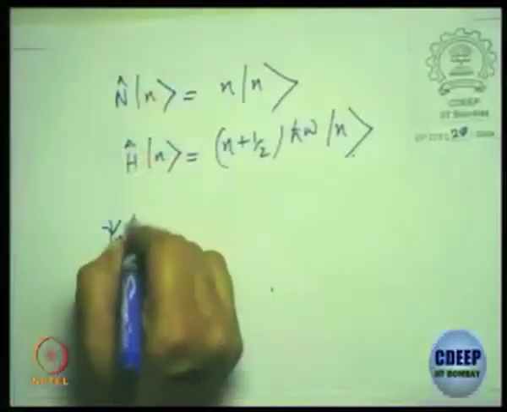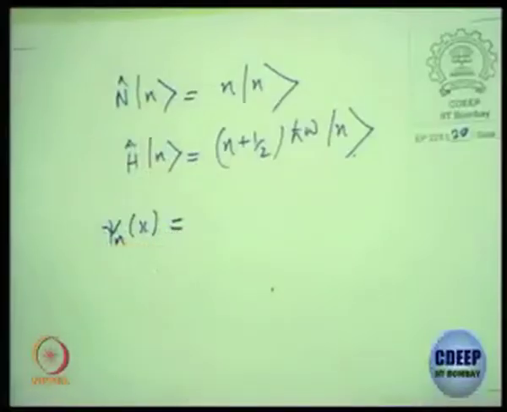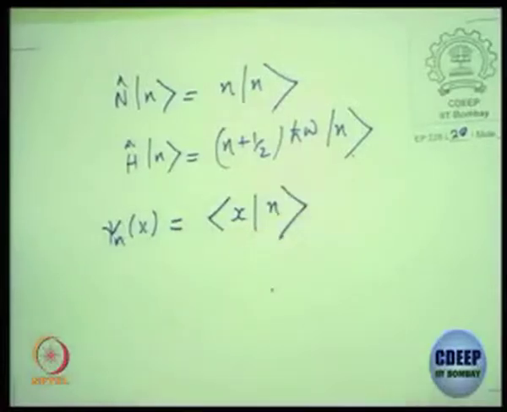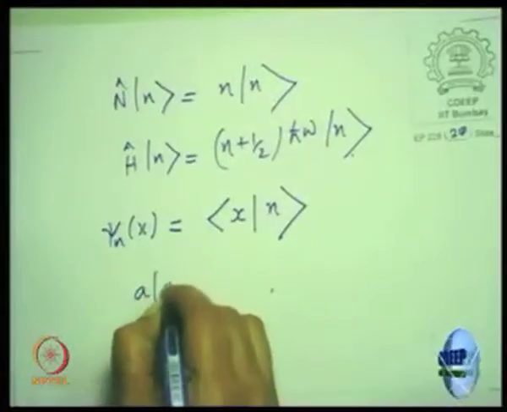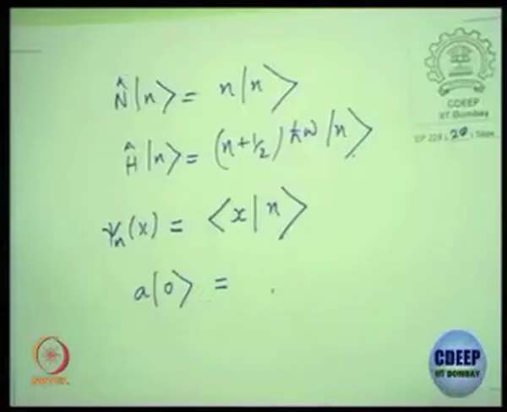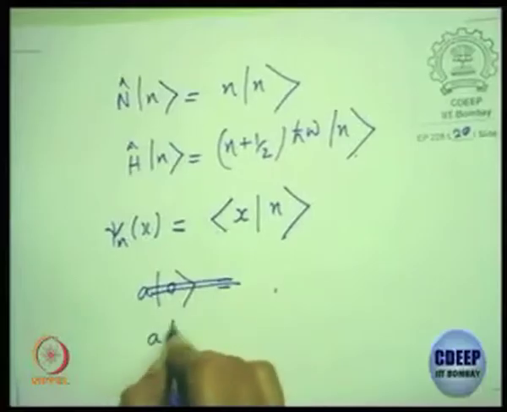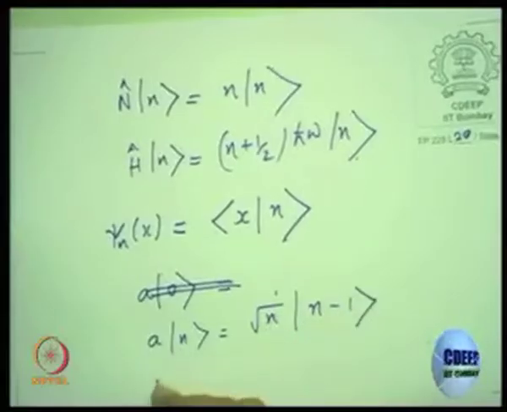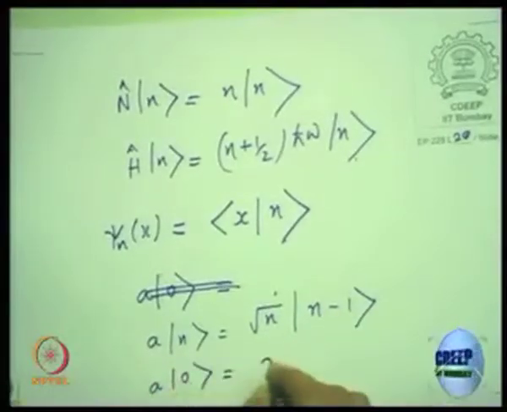Okay. How do you find the wave functions? How will you find the wave functions? Tell me your harmonic oscillator wave functions. You can take x with n. What about a on 0? Let's write what is a on n before we write this. A on n is square root n on n minus 1. So a on 0 will be